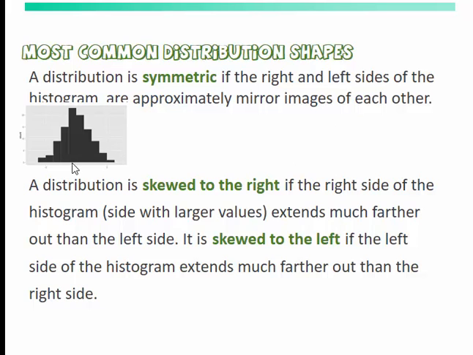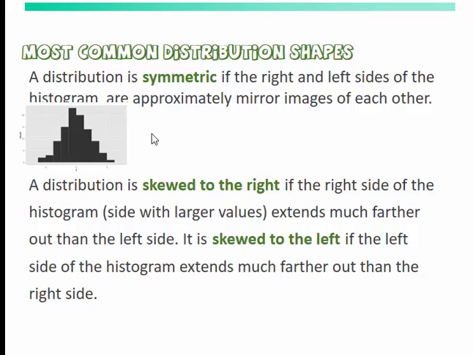So if I cut that one in half, I almost have mirror images, not perfect, but almost. This one's also what we call bell-shaped. This is a normal distribution. It doesn't have to be bell-shaped to be symmetric, it just has to be mirror images, but this is the most common symmetric type of picture you're going to see, where it is what we call a normal distribution or a bell shape. But you can also have skewed left or skewed right, where they're stacked up high on one